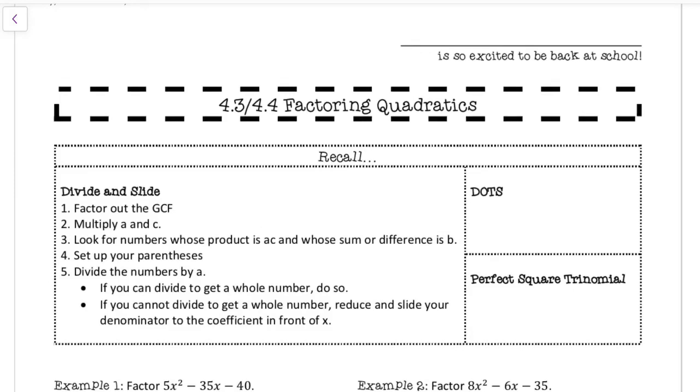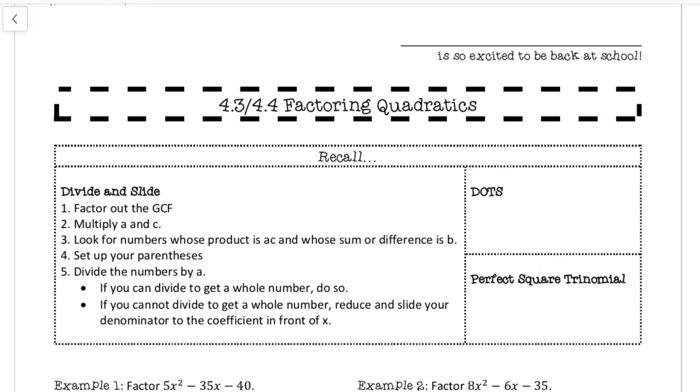Okay, so here are our notes for today, kind of refreshing our memory on factoring. We're still in the midst of chapter 4, even though we took that test before break, just finishing a couple things up. The next couple of days will be graphing, and then we'll talk about inequalities and writing equations. So the fun never ends with quadratics, but we're first going to refresh our memory on how we factor,